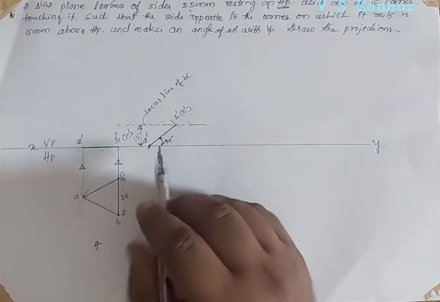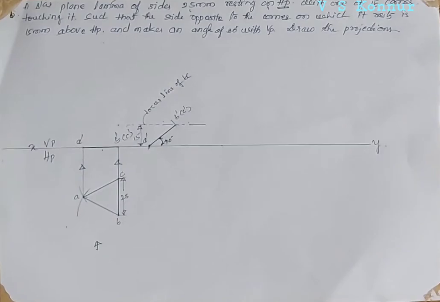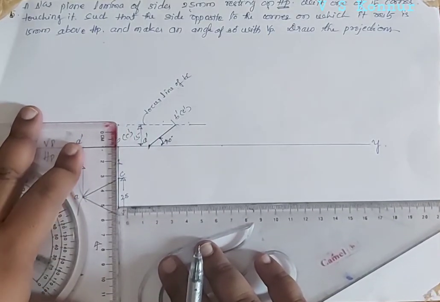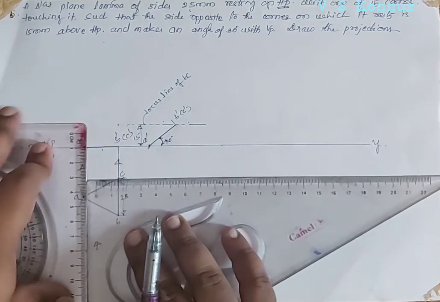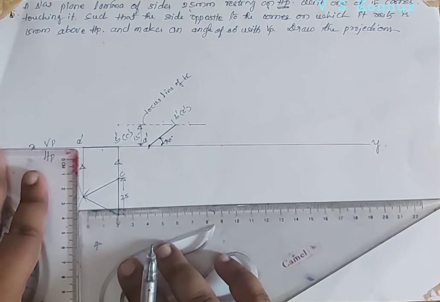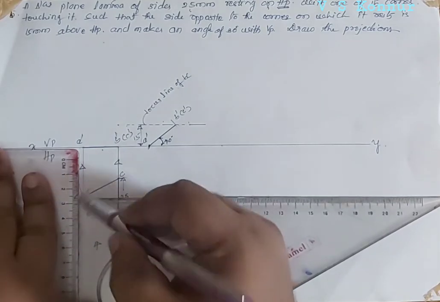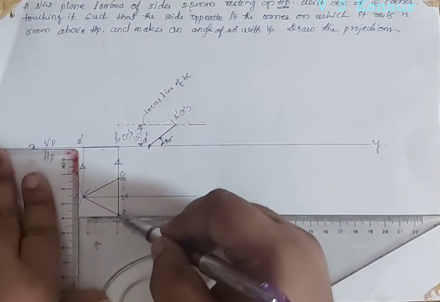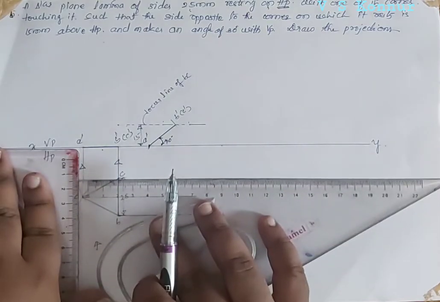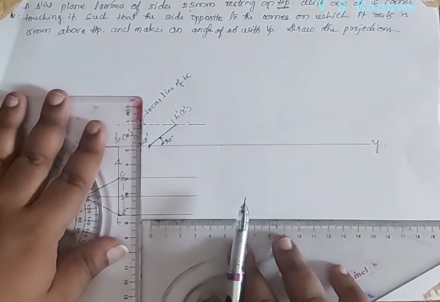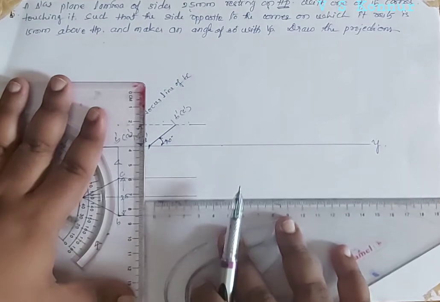Then now we got A dash, B dash and C dash. Draw the projectors from A dash, B dash, C dash downwards. You have to consider this parallel. Draw the projectors from either side. So we'll take it parallel to this XY line only. Now from A, next from B, from C. With thin lines you have to draw the projectors. Then from this point you have to draw. So we'll take this as reference.